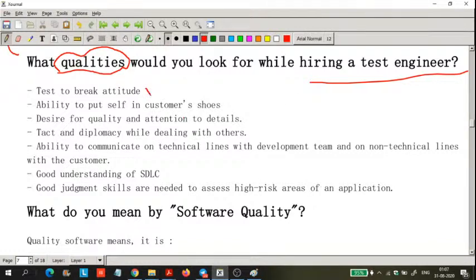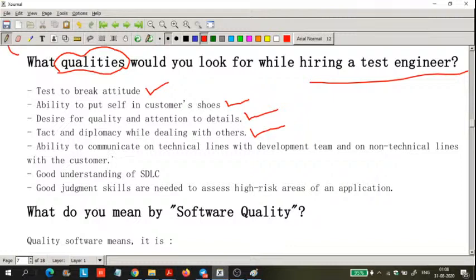Test to break attitude, ability to put yourself in the customer's shoes, which means you need to understand the customer requirements, desire for quality and attention to detail, desire to understand the quality of the software, tact and diplomacy while dealing with others,